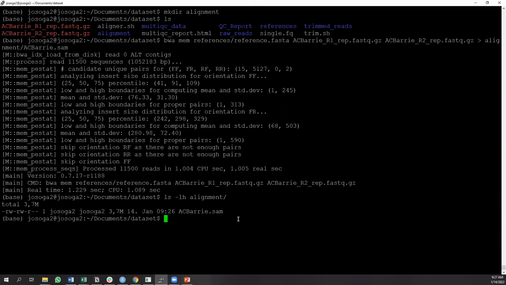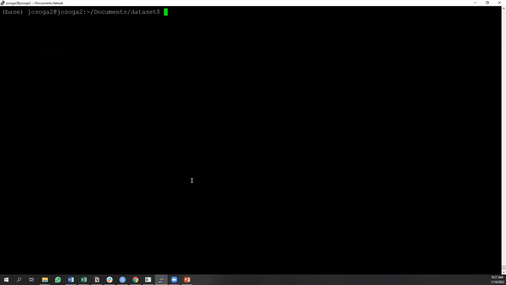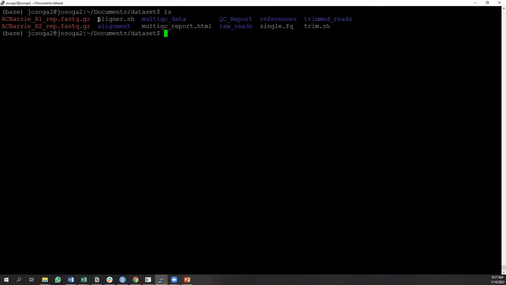So the next thing I'll do is to use a single script to achieve everything at the same time. To do that, I'm going to clear here. I have a file here already named aligner.sh, which will perform all the steps that I mentioned earlier at the same time for each of the files, for each of the pairs. And to do that, let's see what's inside the aligner.sh using our